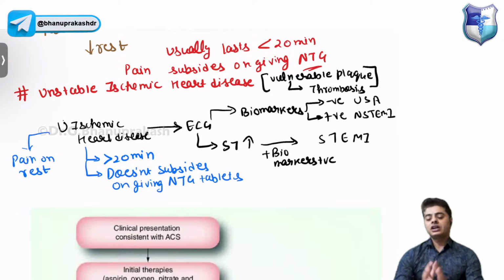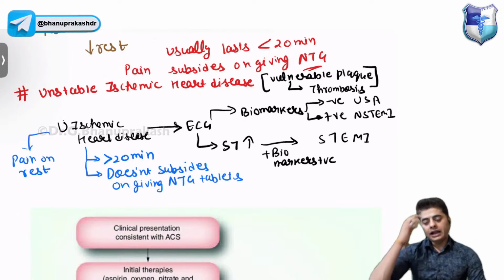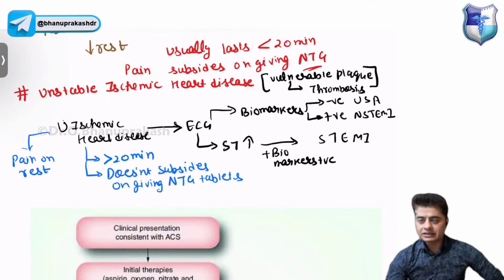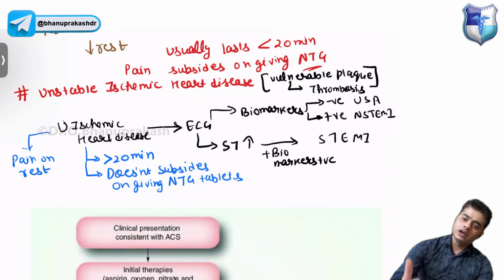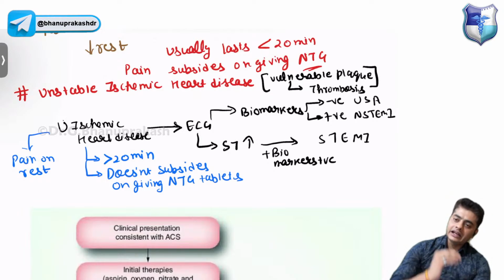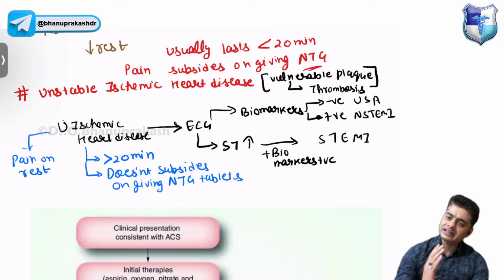So if a patient comes to you in emergency and that pain is lasting more than 20 minutes, pain is occurring at rest, then you must order an ECG because it is an unstable ischemic heart disease. If you get the ECG done, and you are finding ST elevation, then 90% chance that it is